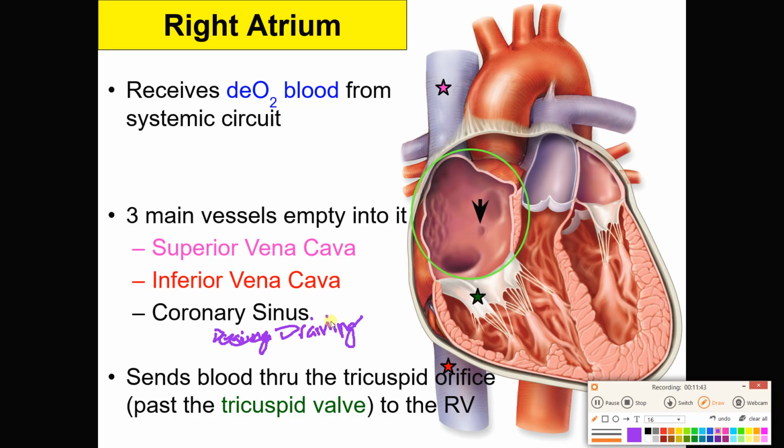Draining. So the heart wall has its own blood supply. Like the musculature of the heart needs its own blood supply. Arteries feed it, veins drain it. The final vein that drains the heart wall is